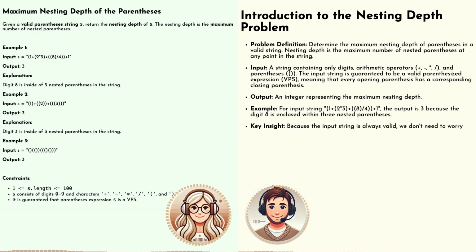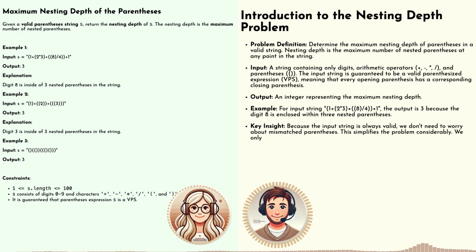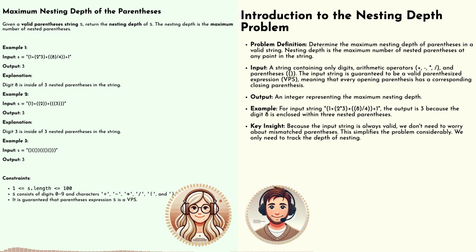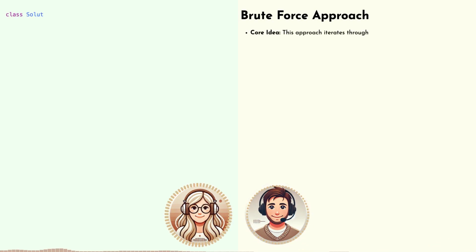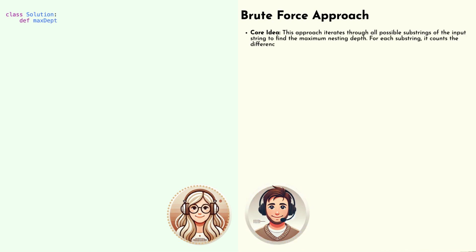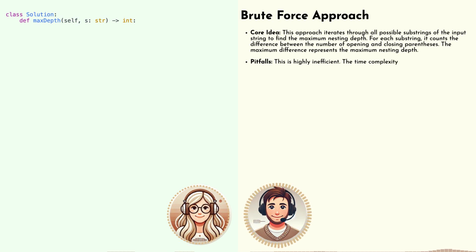It's a classic problem, and you're right. It's definitely more than just counting parentheses. We're talking about understanding the structure they create. It's like those Russian nesting dolls. Okay, so let's set the scene here. Imagine we have a string, and maybe it's something like this: 1 plus 2, 3 plus 8, 4 plus 1. And our mission, if we choose to accept it, is to figure out how deeply those parentheses are